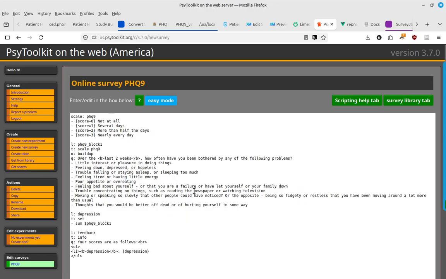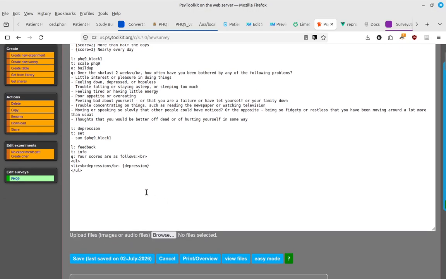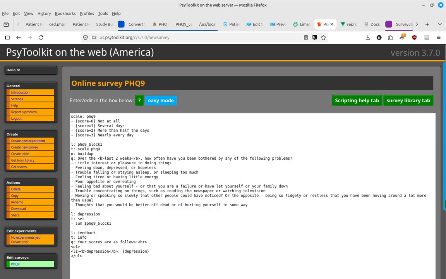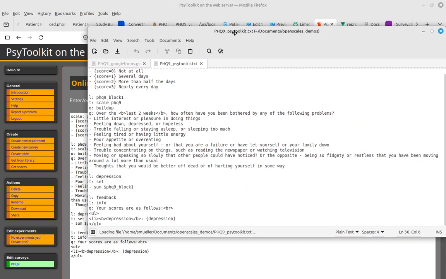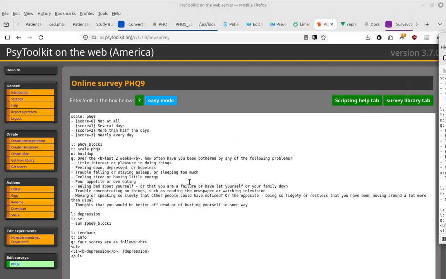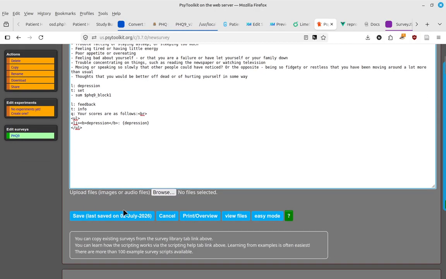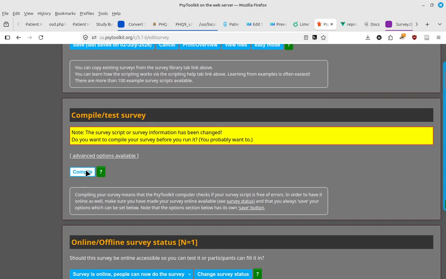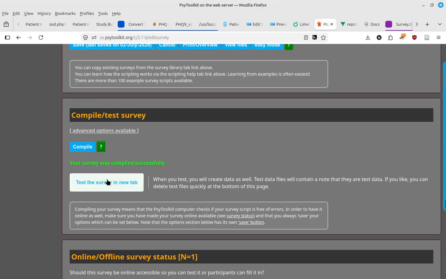So they have, well, I've already apparently copied this in already. So if you open up the text for PHQ9 that's converted, I don't think this has a way of reading the file, so you have to open up the file and copy it and paste it in here, and that's what I've done already. So we can save it, and then you need to test it, you need to compile it,